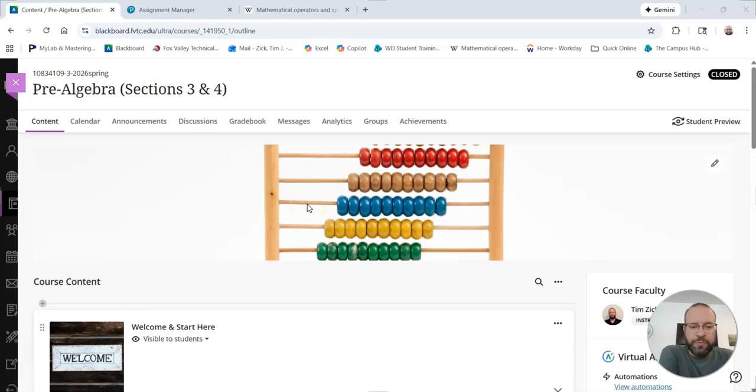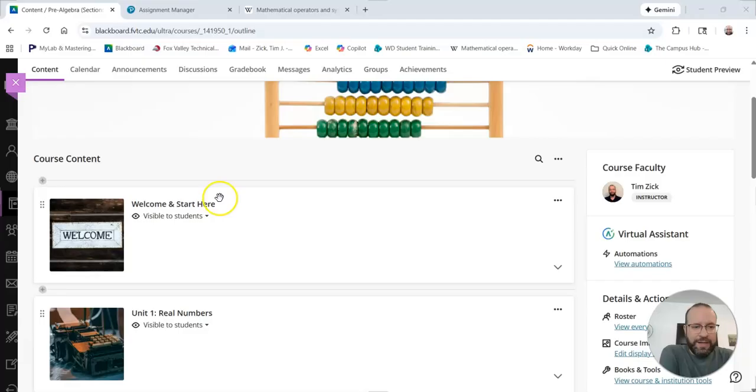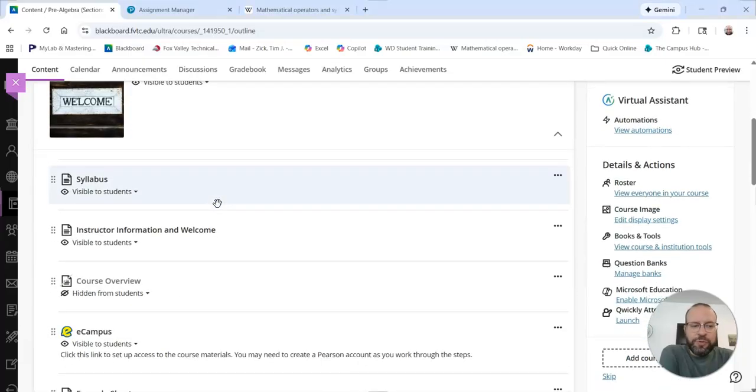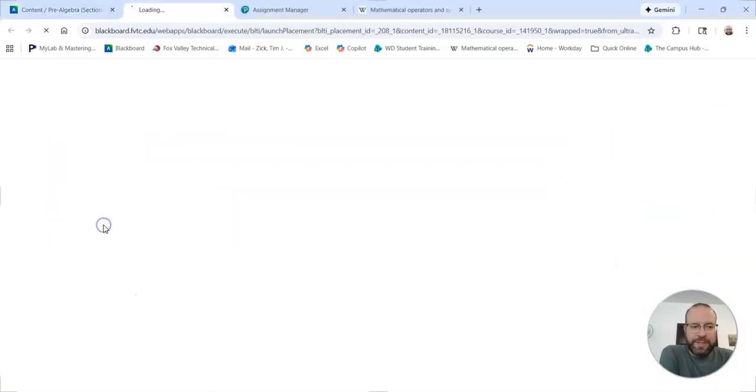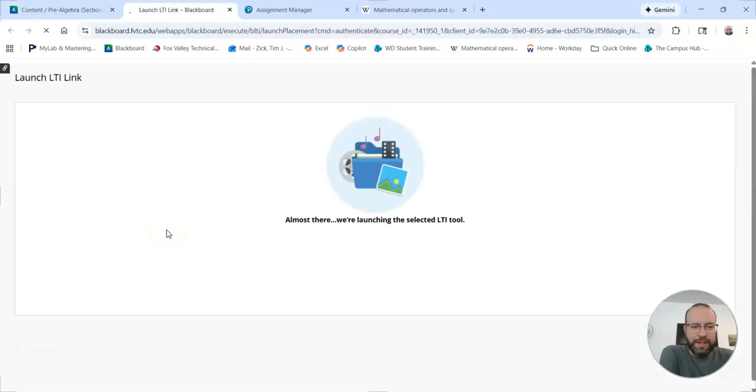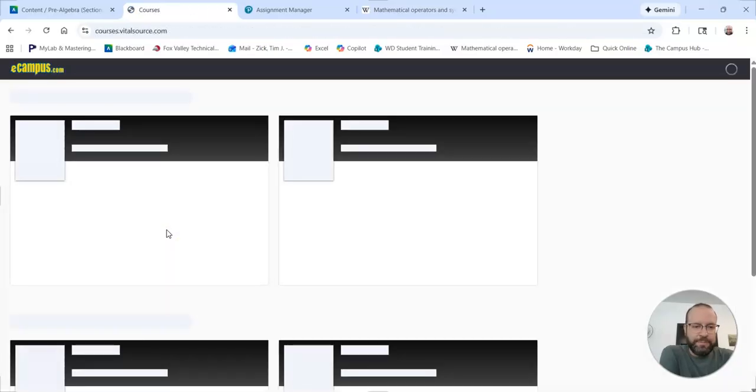I want to give an overview of our pre-algebra course. So once you get logged in, you should come to this spot after you click on this name, pre-algebra. There's one thing you have to do before you can do the homework stuff. It's clicking on this eCampus button and then clicking on, let's see if it comes up for me,